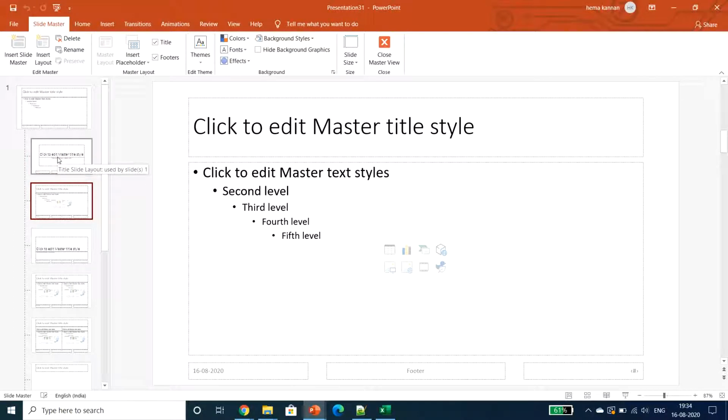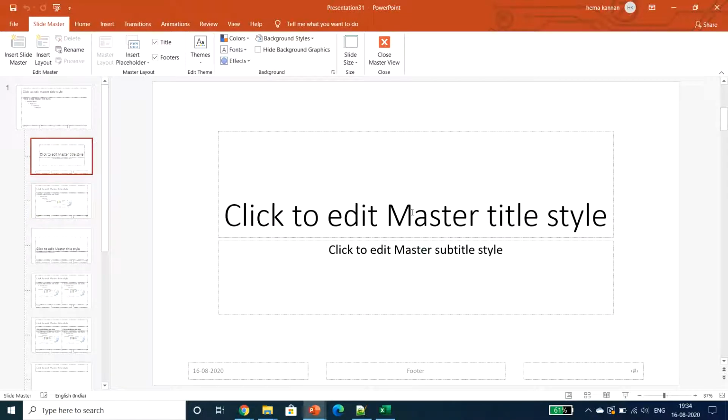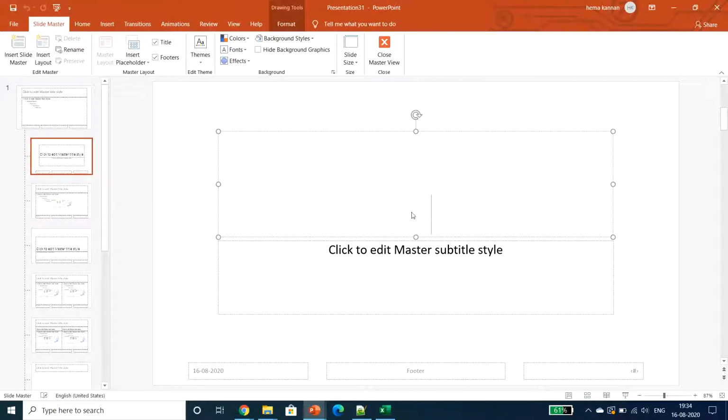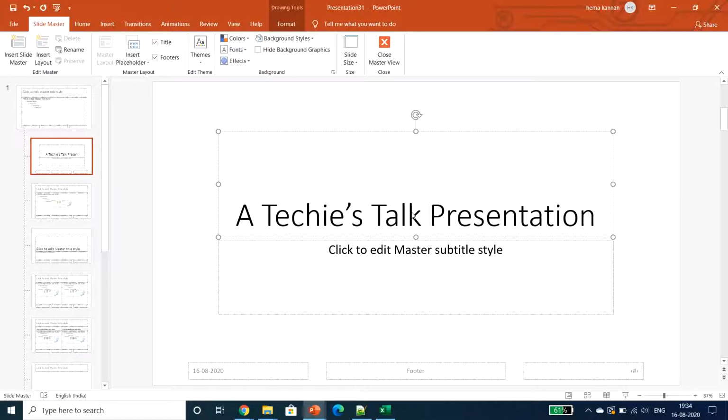So I am just going to show you some basic example. Here I am going to change it to Techie Talk presentation. See here, as I said, date, footer and number, everything will be included by default in the master.